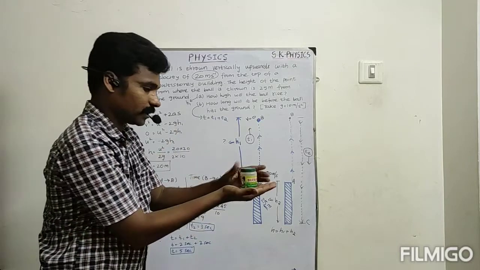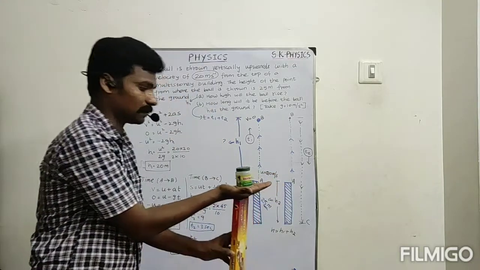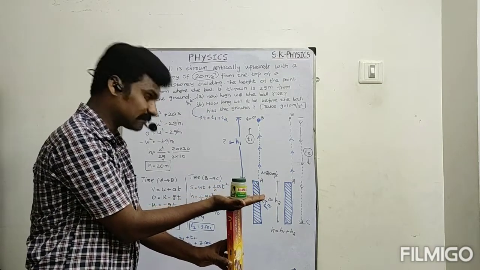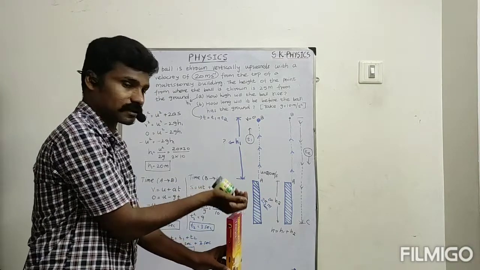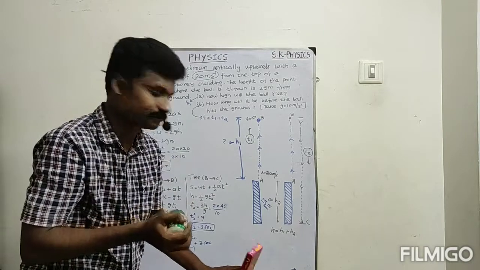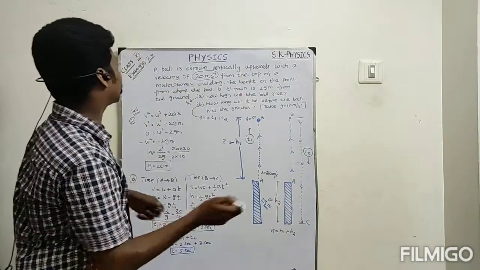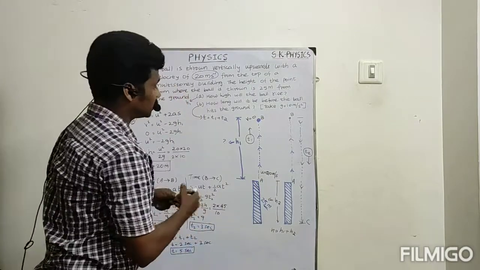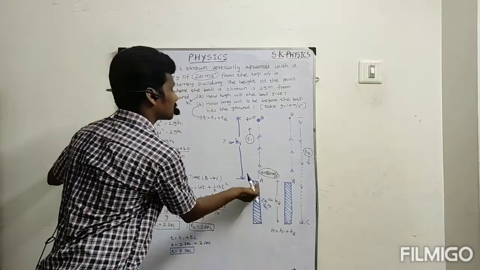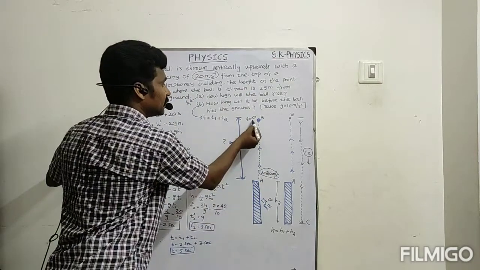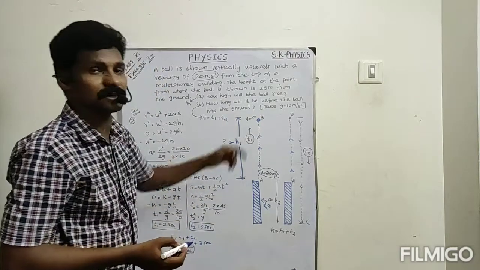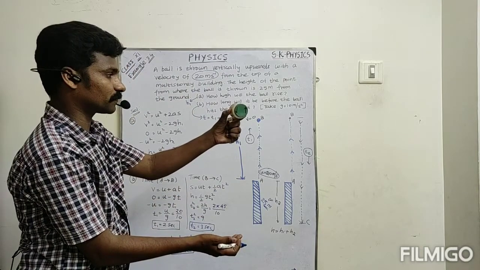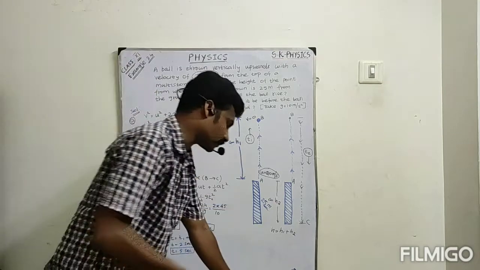Understand? Okay, so now it is the top of the building, and I am standing there. So I must give an initial velocity, then only the object will move upward. So that initial velocity given is 20 meter per second. So now I throw the object from the building at 20 meter per second. Then here it reaches the final velocity, 0, because the ball moves to a particular height, and here the final velocity is 0. Then it will return back. Okay, so this is the idea.